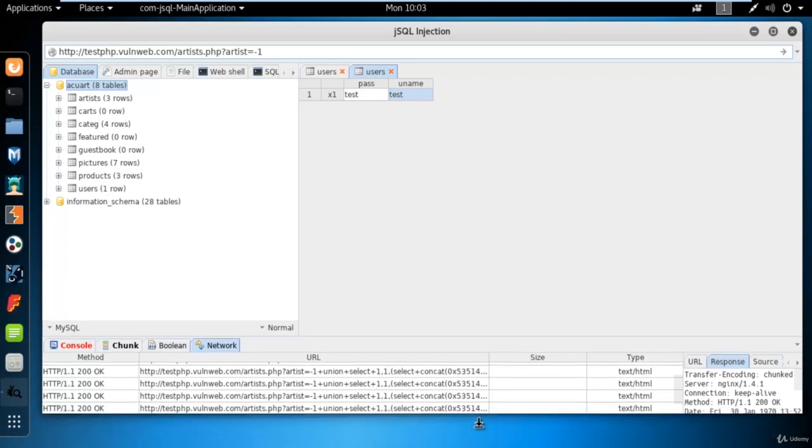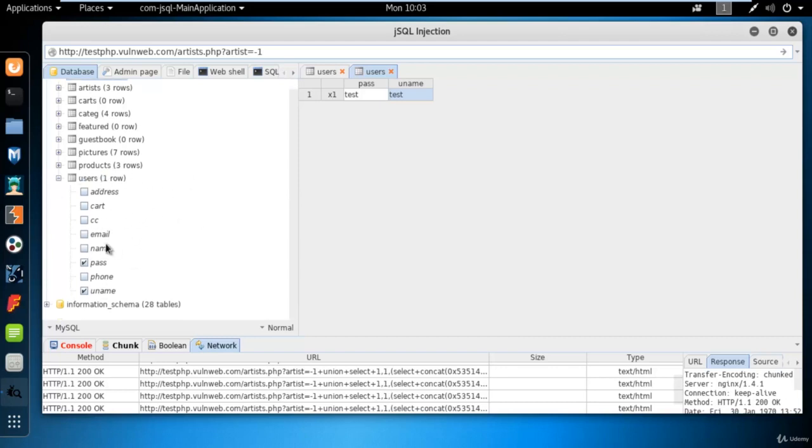The table useful for me is users, so I will tick on that. These all are the columns inside this users table. So I will find out which columns are useful for me. Actually all are important, but I think uname, pass and email are more important than anything. So you can right click here, click on load, and you will find those columns right here. You can click on name as well, right click on load, and you will find name as well.